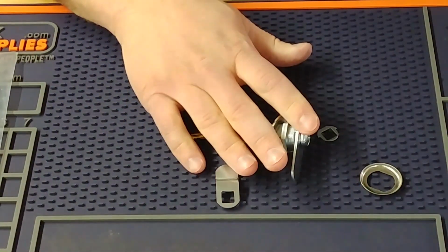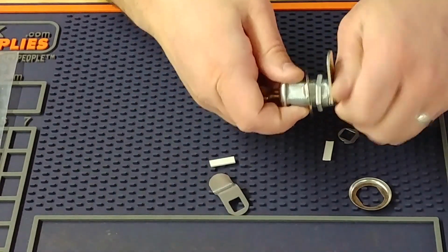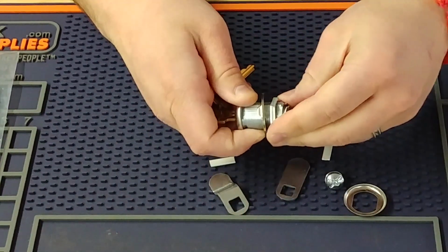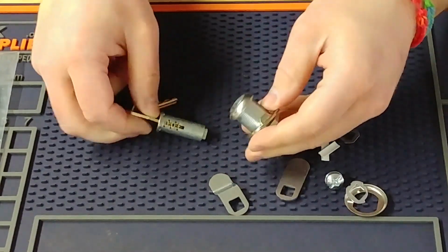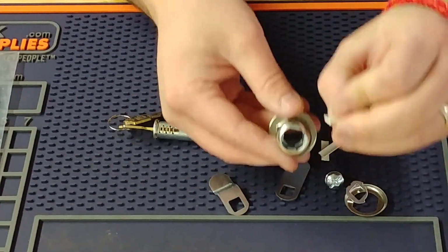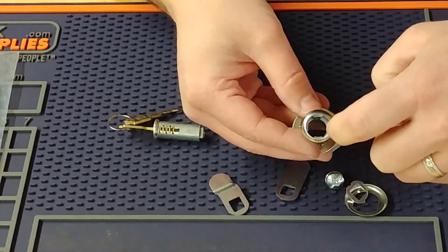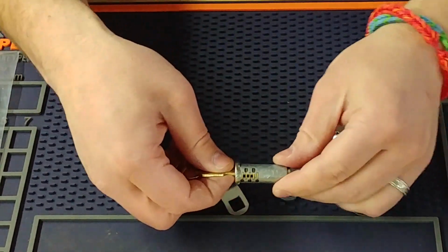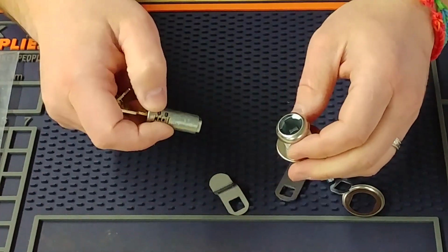Now, let's take this one apart, and I'll show you how to make it key retaining. All right, so what we'll do here is I'll take this apart, and I'll show you how to make a non-key retaining cam lock key retaining. And it's really simple by just using these little parts and pieces here, okay? And what we're going to do is you're going to put one of these plastic pieces into one of these 4 slots, okay? And these slots are available, so when you were to pull the key out, all right, it's just going to come out, and these wafers are going to pop up, and it gives you the space to pop the wafers up,